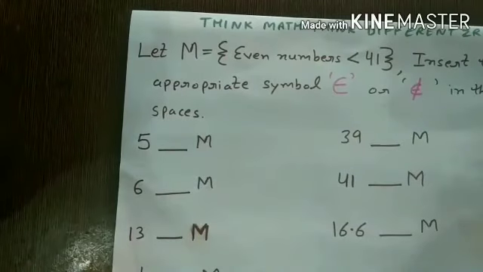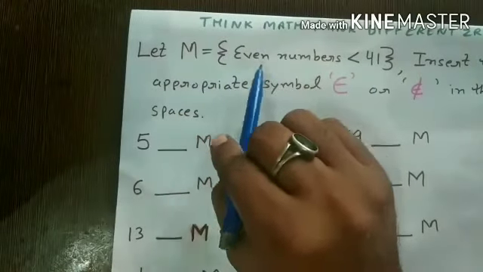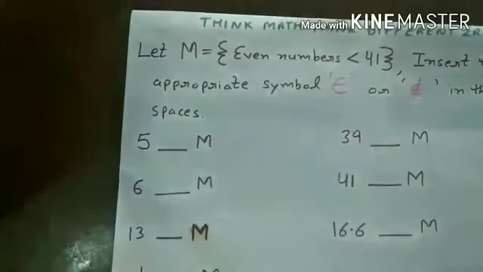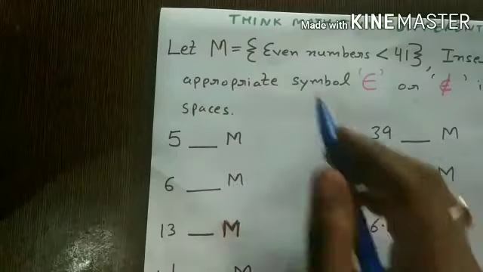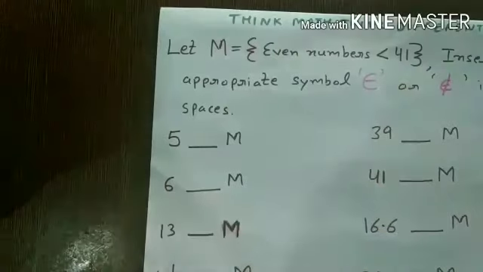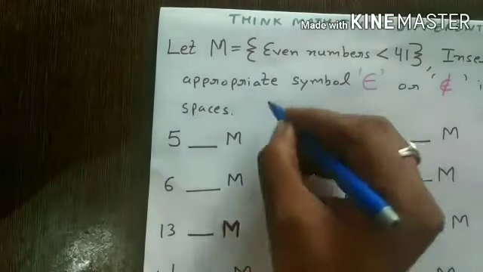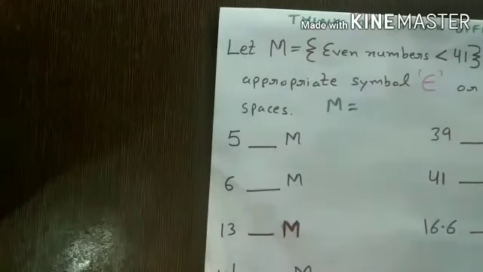First of all, the given set M includes those members which are even and less than 41. What are even numbers? Even numbers are those which are divisible by 2. So, in order to ease the statement and get the information of all the members, I will write this set in the roster form. The name of the set is M. And which type of members will be there?